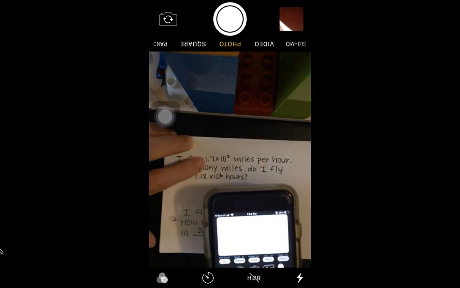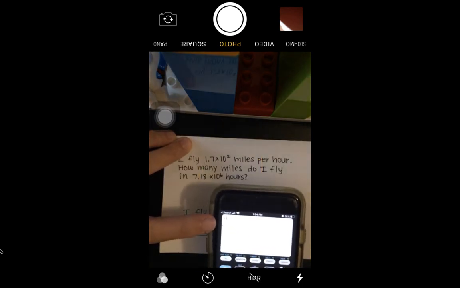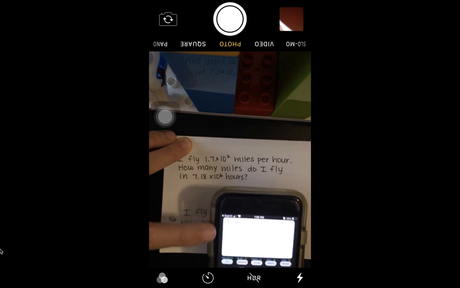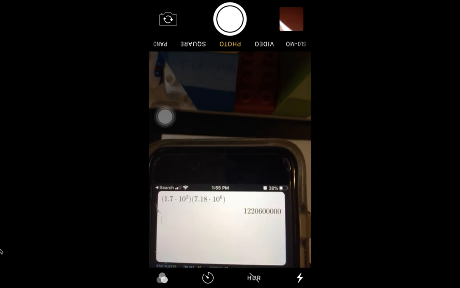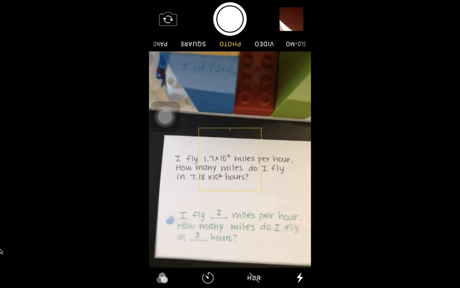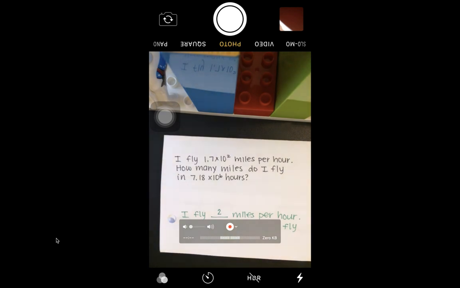So for this one, I would say, okay, parentheses, 1.7 times 10 to the second power times 7.18 times 10 to the 6th power. And boom, that's my answer. It's a ton of miles, but I can always change that to scientific notation as well. 1.2206 times 10 to the something power. Okay. So my point being, you don't have to just struggle. I mean, you can change the numbers, make it make more sense, and then maybe